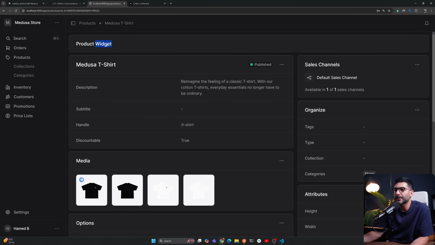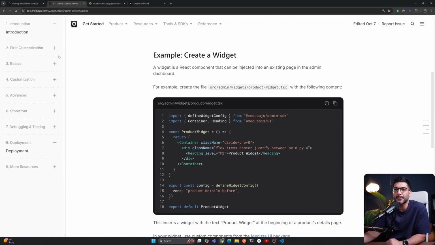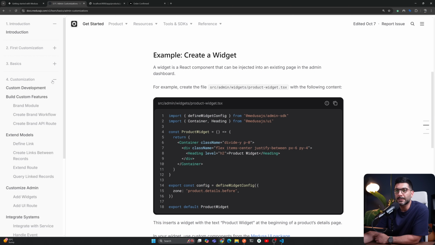So the product widget is now added. This section is the custom widget that we just created that's now living inside of our product detail pages. You can also create UI routes or pages here inside of your admin. So it's very customizable. We're not going to cover that here, but if you follow the documentation, there's this